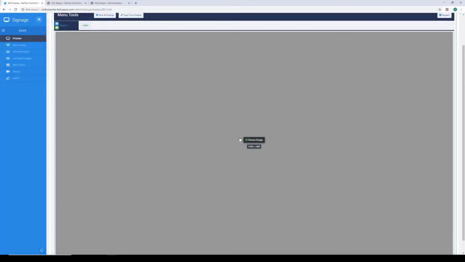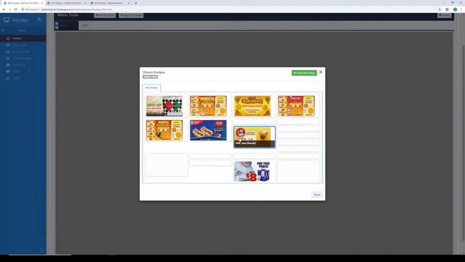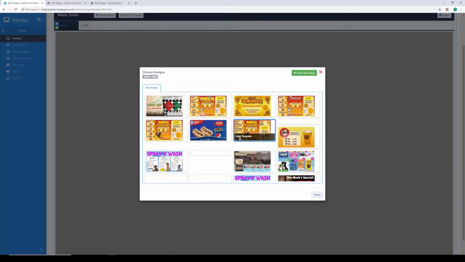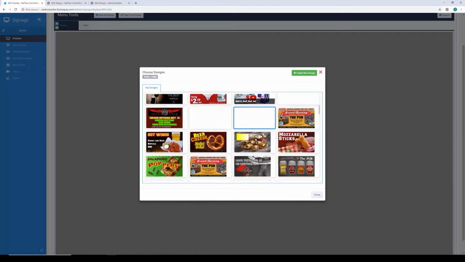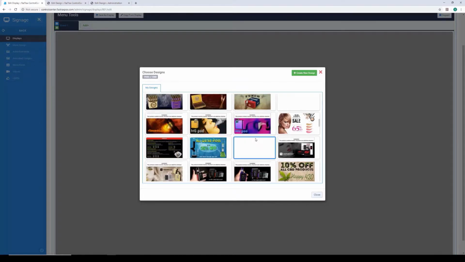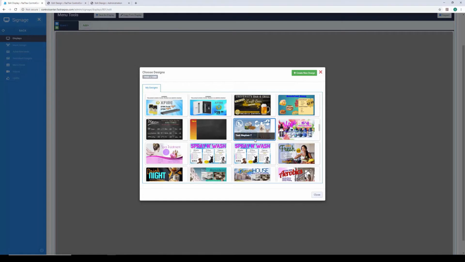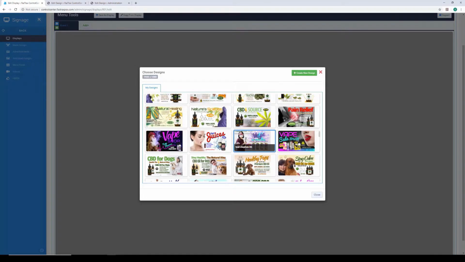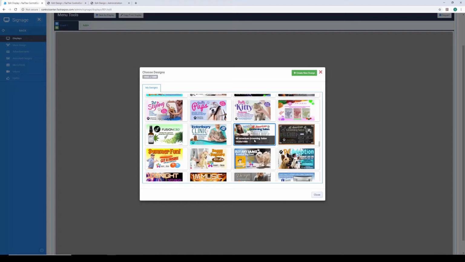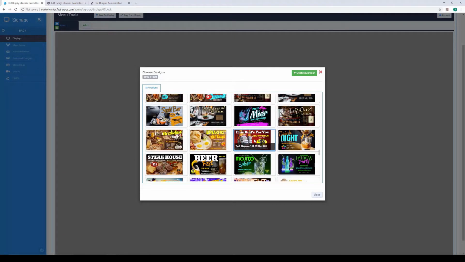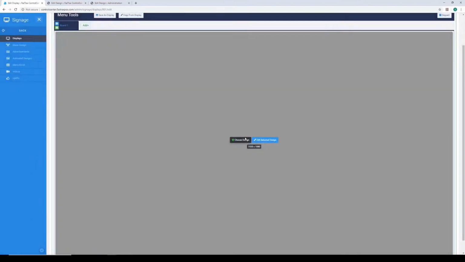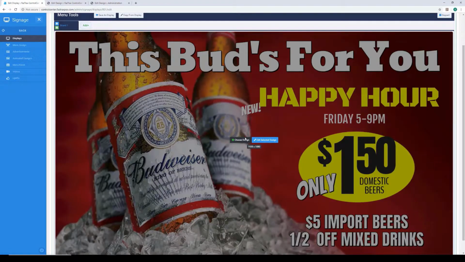And now it gives you the option to choose a design, a 1920 by 1080 design in this specific layout that we're in now. So it'll pop us up to the designs that we already have, our personal designs. So let's search through and find the design that goes with this ad. There it is. So we're creating board 1. If you think of them as like chalkboards that are going to change, but they're not chalk, they're digital boards. This is board 1, and